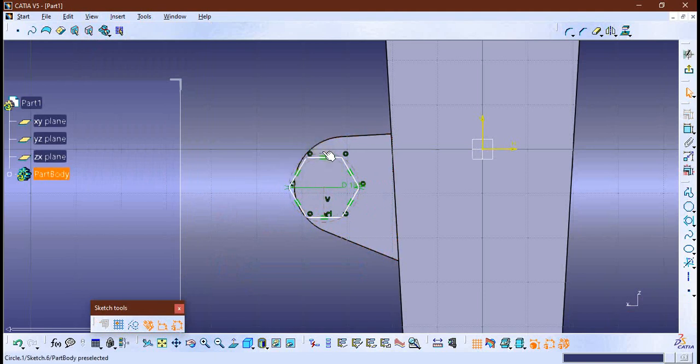And my aim is to create a polygon which is having 6 sides and having a dimension between these 2 lines